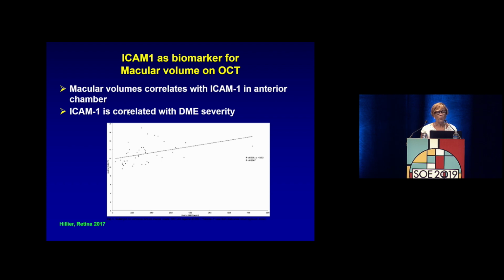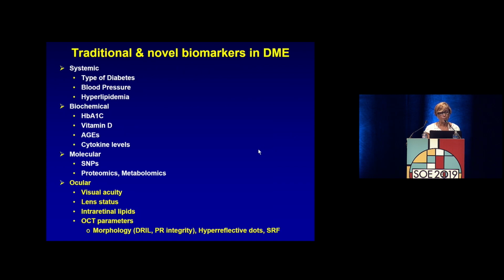From the biochemical ones, we know that, of course, hemoglobin A1C is significant, and it's interesting to know that a nice correlation with macular volume has been found to a cytokine. I've seen many, but this one was the most convincing one, ICAM1, that was shown to be nicely correlated, levels in the anterior chamber, with DME severity with macular volume specifically. So this is a biochemical biomarker. The molecular ones, I didn't find anything that was convincing enough,